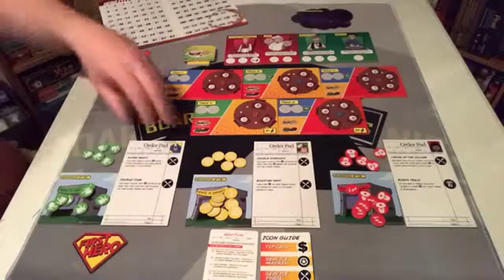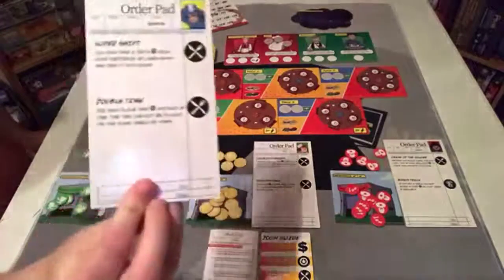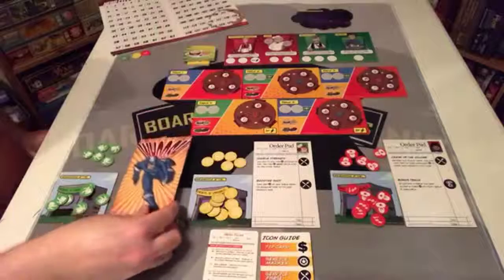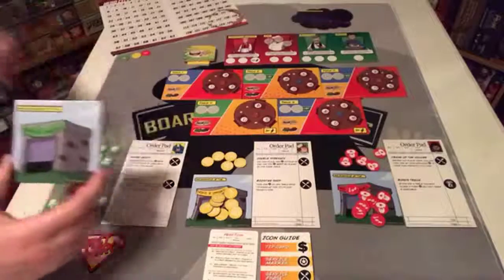You're going to give each player a character. So in this case, the green player is Whoosh. Each character has 2 special abilities, which will be on the back. Once you use the special ability, you can flip the card over to this side to know that you've used a special ability. Each player is going to get a Fortress of Loneliness, which is going to look like this,